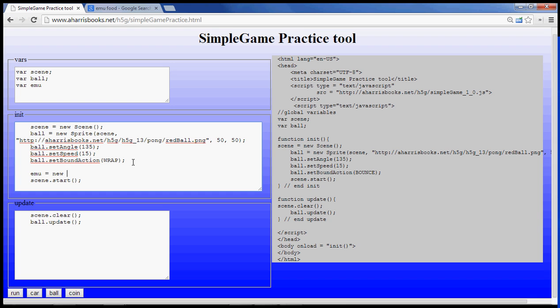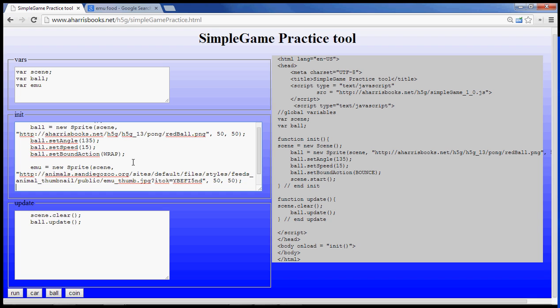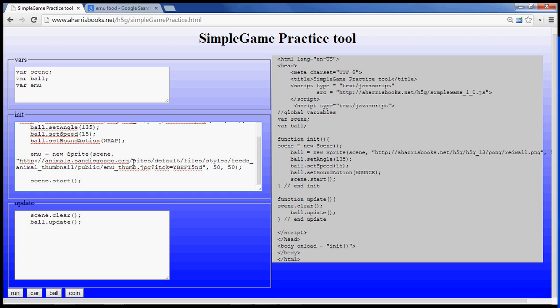emu gets new sprite. Its parent is the scene. Its address is that crazy thing. Yikes. All right, and we'll also make it 50 by 50. And we'll leave it at its default angle and speed and bound action. Okay, now don't forget when we added that, we'll come down here and we'll say